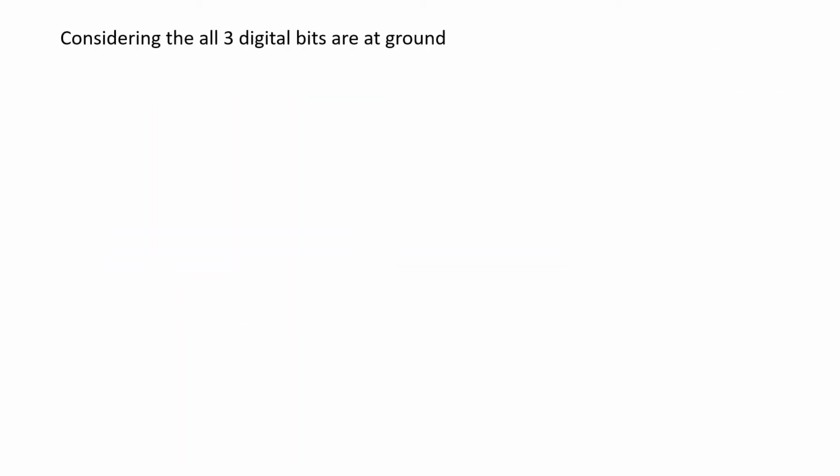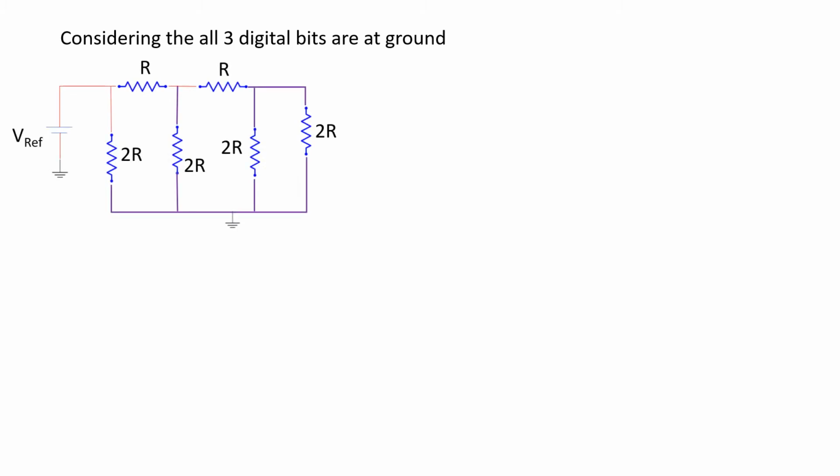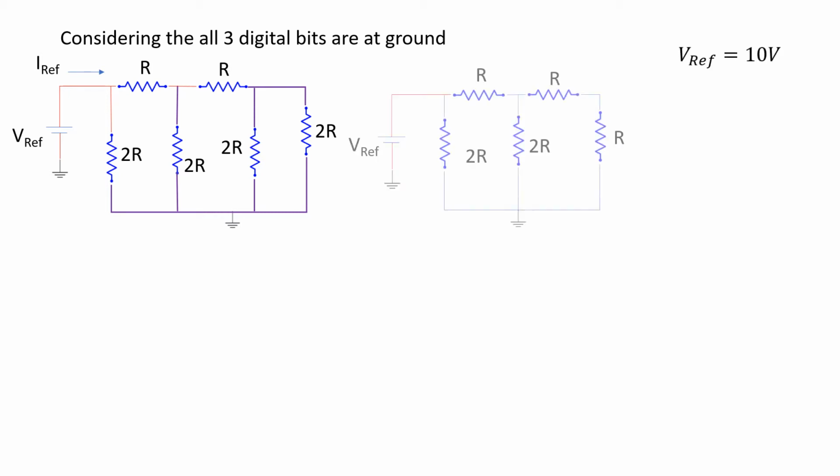Considering all the three bits are at ground potential, or we can consider D1 equal to 0, D2 equal to 0, and D3 equal to 0, in that case this will be the equivalent circuit with the resistances. In this particular case we are going to find the value of I reference. So I reference is found by simplifying this particular circuit with the equivalent resistance, and if you consider V reference equal to 10 volts, one leg where we consider 2R, seeing onto the extreme right of the first circuit,